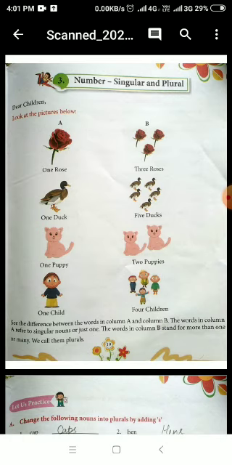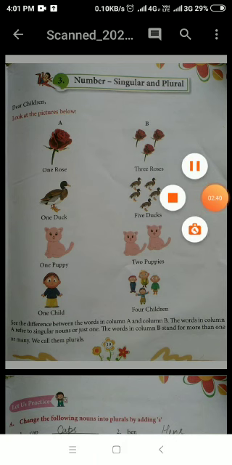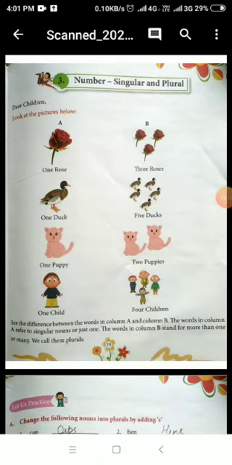That is why we will add ES to change it from singular to plural. The words that end with O, for example, mango. The last letter of the word mango is O. So for that also we will add ES to change it from singular to plural.